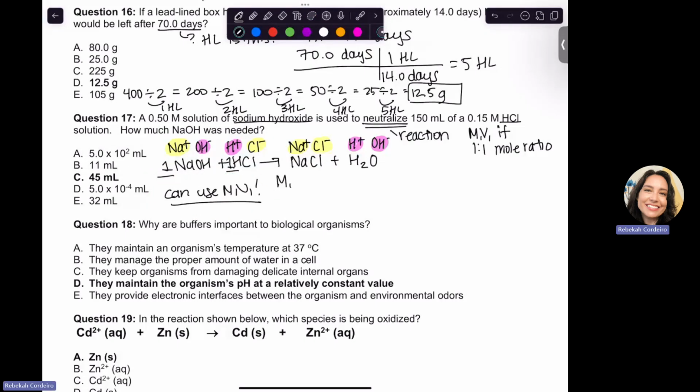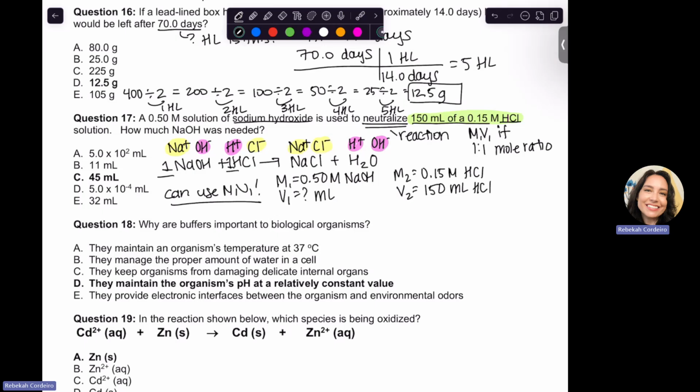So if our M1 is 0.50 molar NaOH, then we have our volume. Now these two have to go together. Do we see how these two have to go together? Because they're both about HCl, and there's language in between those two numbers that link them together. So if this is my M1 about NaOH, then this must be my M2 about HCl. They have to be different. And then this must be my V2, the 150, because that's also about HCl,